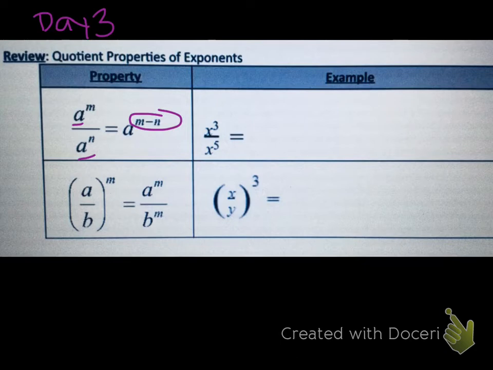So I have the same base here of x. So the way I'll write this is x to the 3 minus 5. When I do this, I get x to the negative 2nd power. So now we're going to bring back the material that we learned yesterday. And what we learned yesterday says if I have a negative exponent, it moves its place in the fraction. So I'm going to take this whole term of x to the negative 2nd power and move it to the